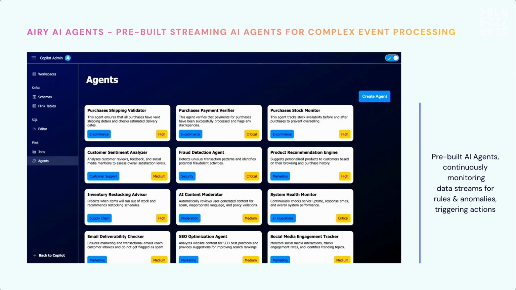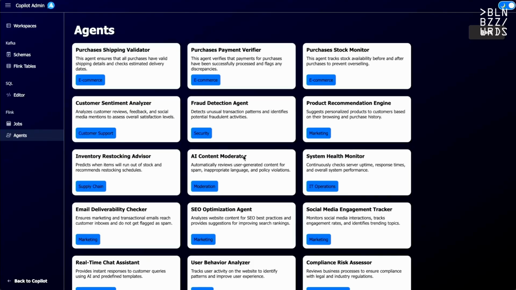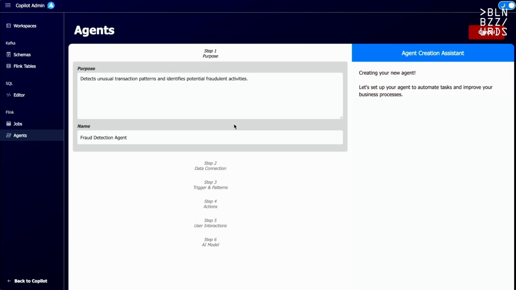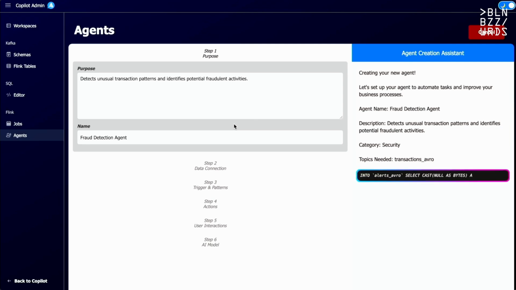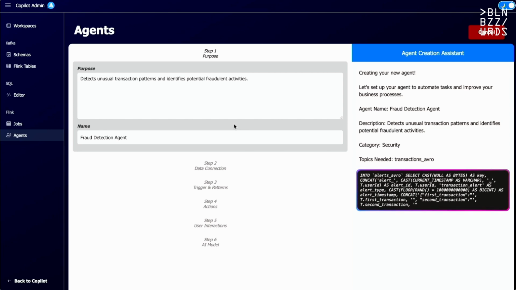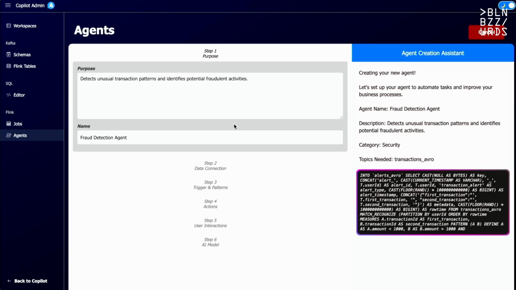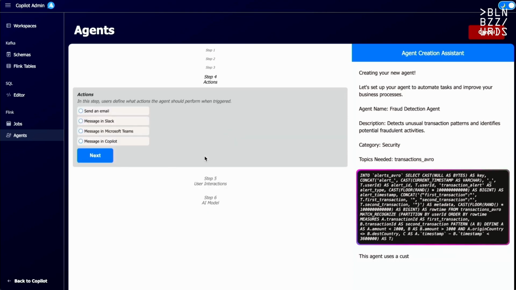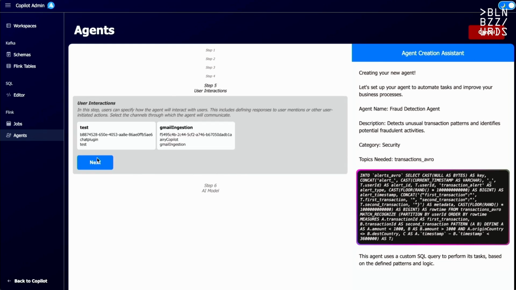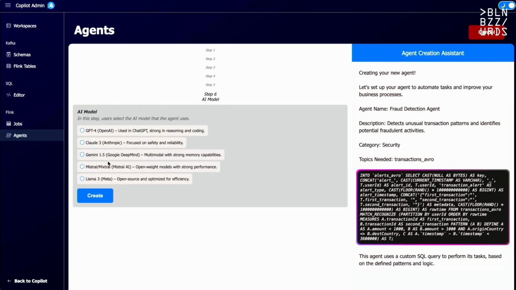So think of these as experiences where users can just pick from a catalog of apps or agents, in this case, and deploy them with very few clicks. So think of a fraud detection agent. In this case, it's a low-code, no-code experience where we would enable a business user to write an unusual transaction pattern detection mechanism within a fraud detection agent, just by using a conversational tool like this. It could be a form, but in this case, it's a very simple pattern of writing this MATCH_RECOGNIZE function and then triggering an action in response to that,